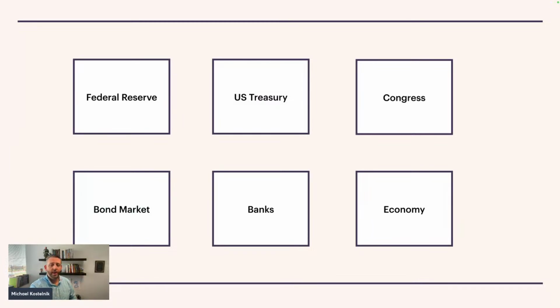The Federal Reserve Bank, up in this top left corner, I keep saying right, I'm sorry, has a mandate. They are in place to do two things: 2% inflation and full employment. They want to make sure that inflation stays right around 2%. If it goes below 2%, they want to make it go faster. And if it goes above 2%, they want to make it slow down. And they want to average out to about 2% over a longer period of time.